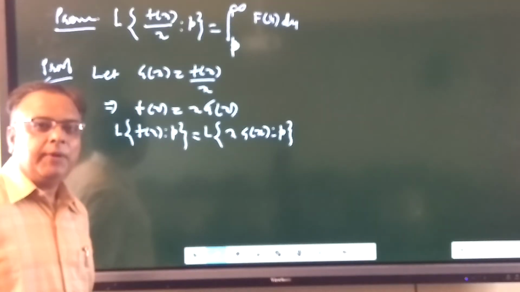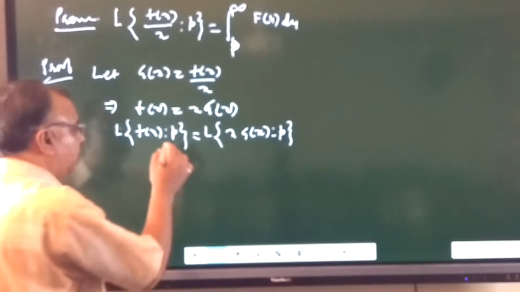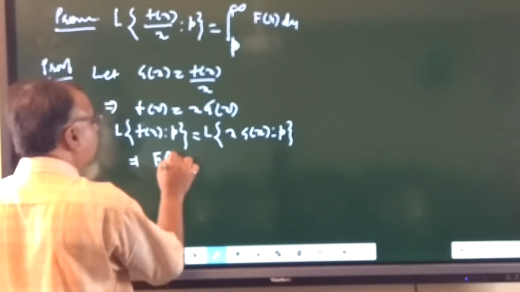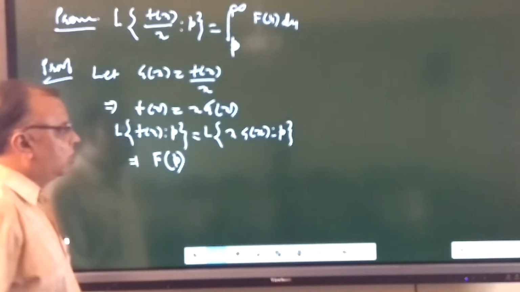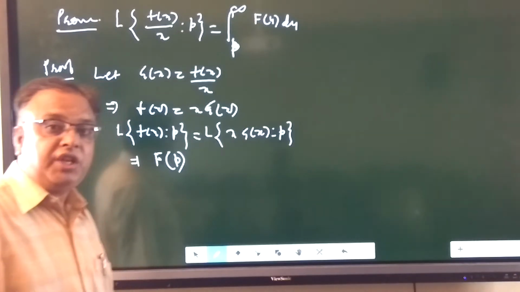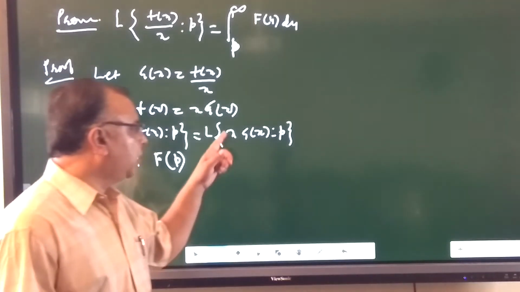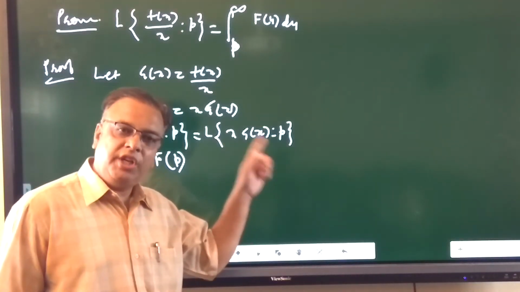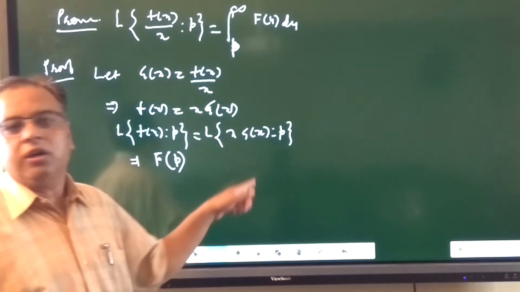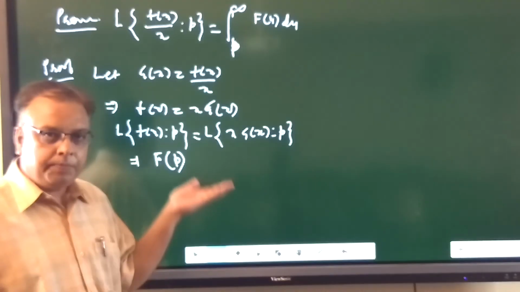As we know that the Laplace transformation of f(x) with respect to p is F(p). So this is equal to F(p), and x g(x) is the product of a function g(x) with x. So the Laplace transformation of a function g(x) with the product of x, as we have studied in the previous result,